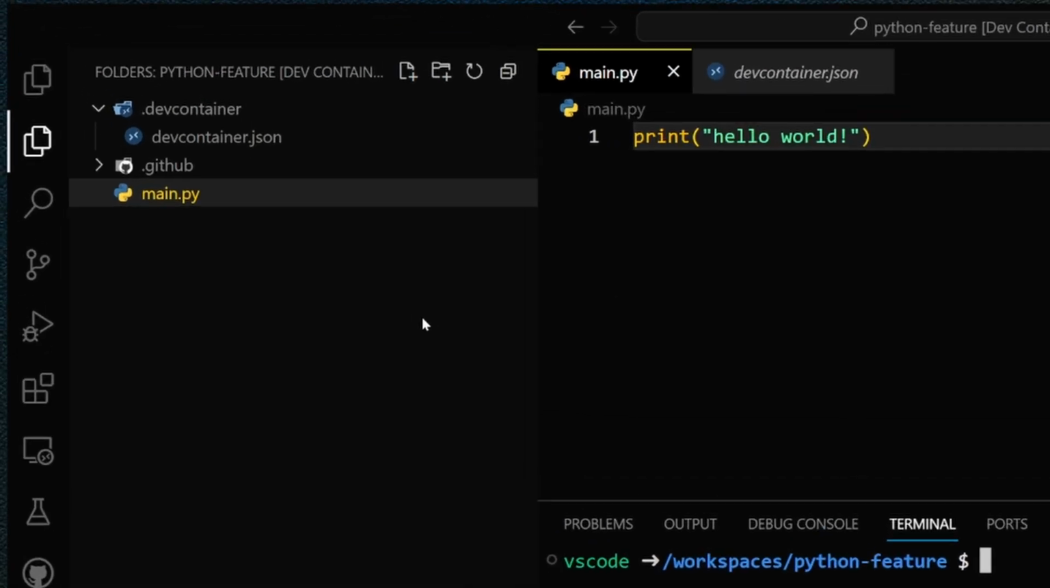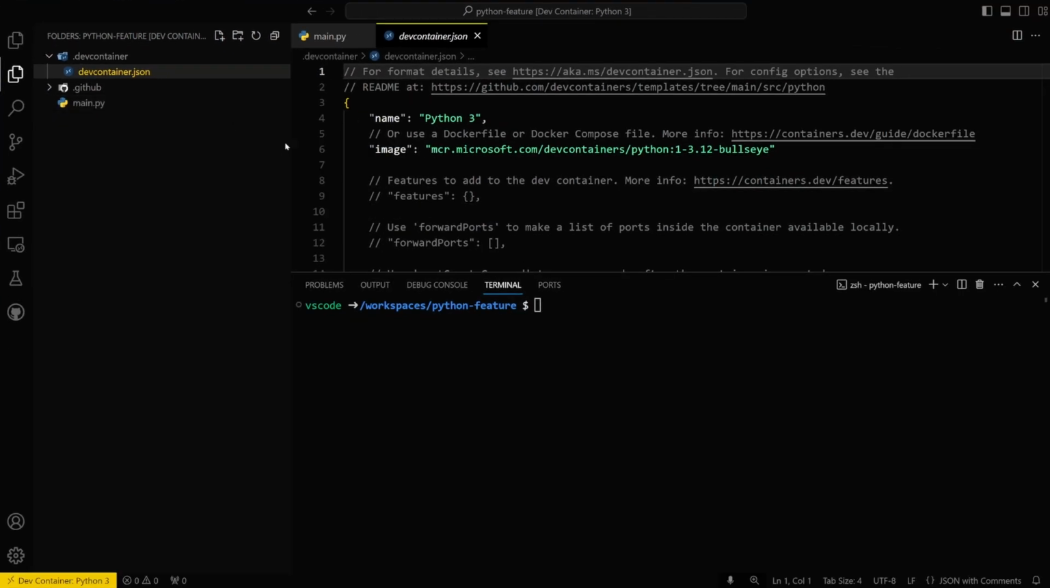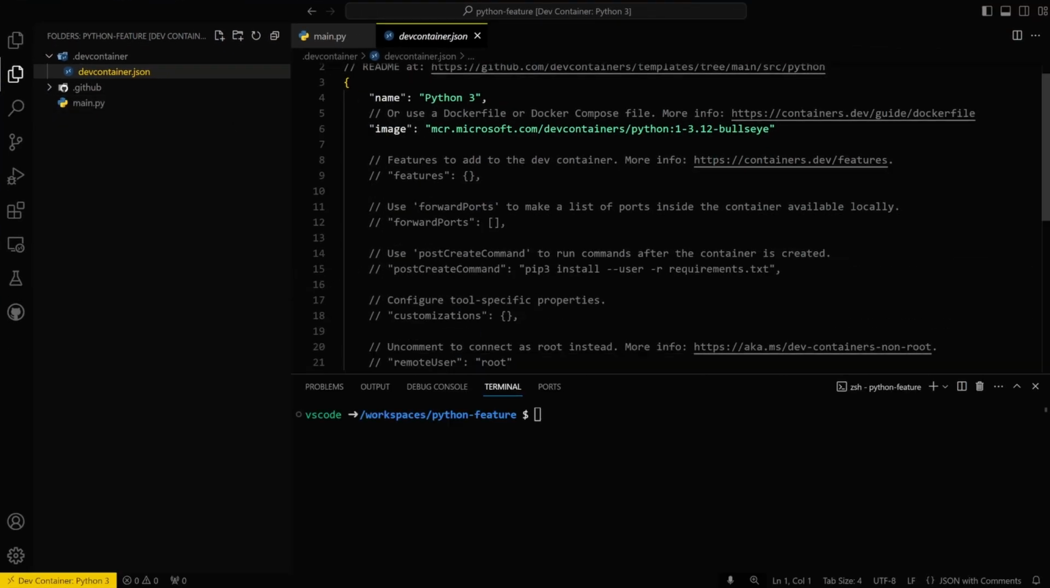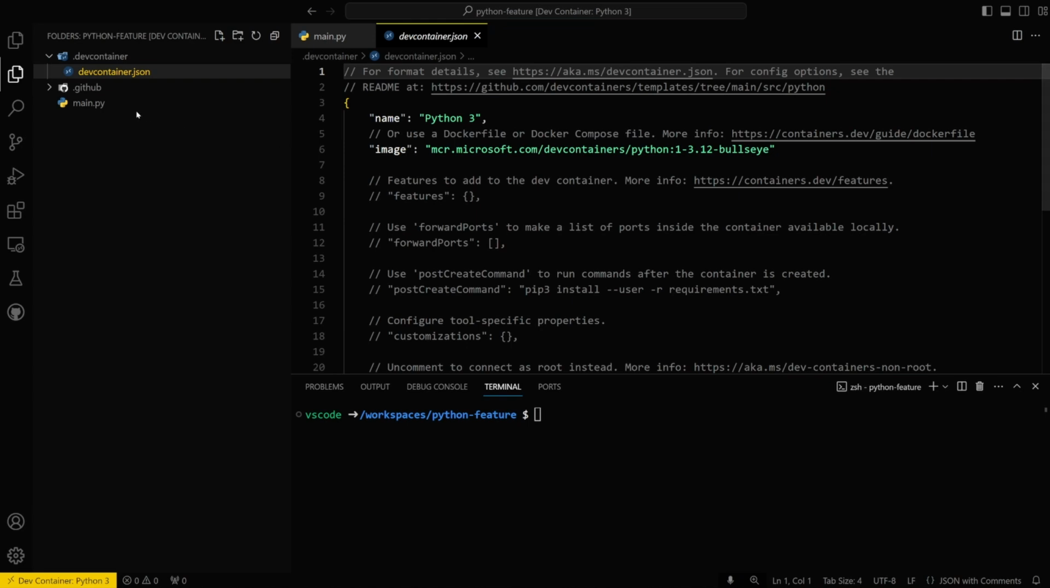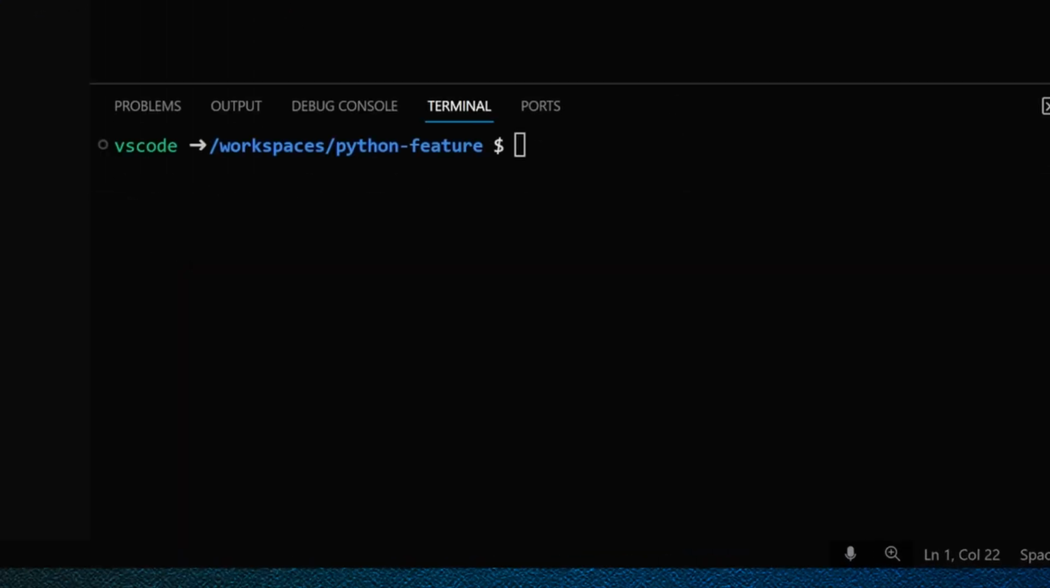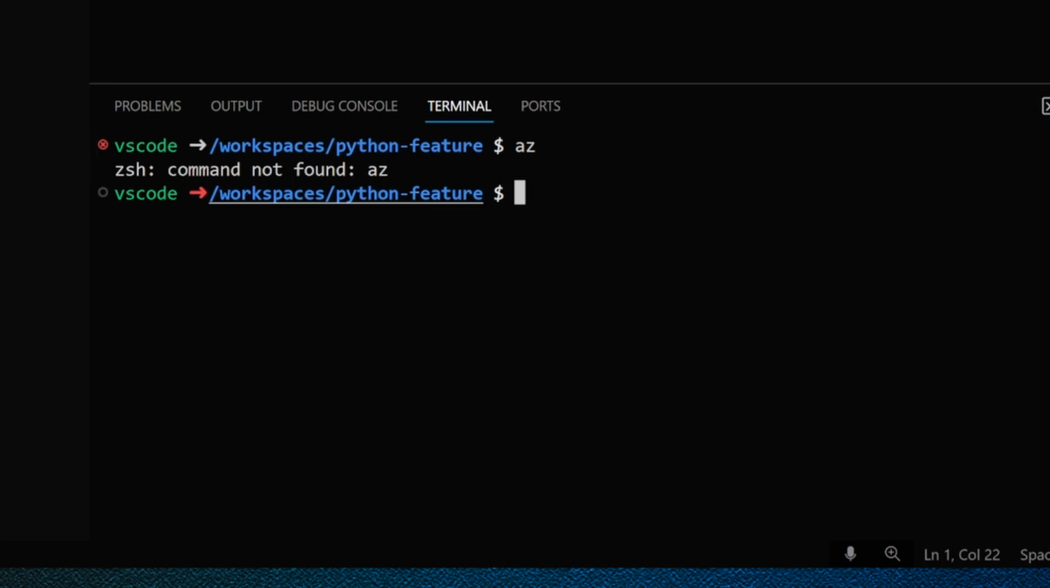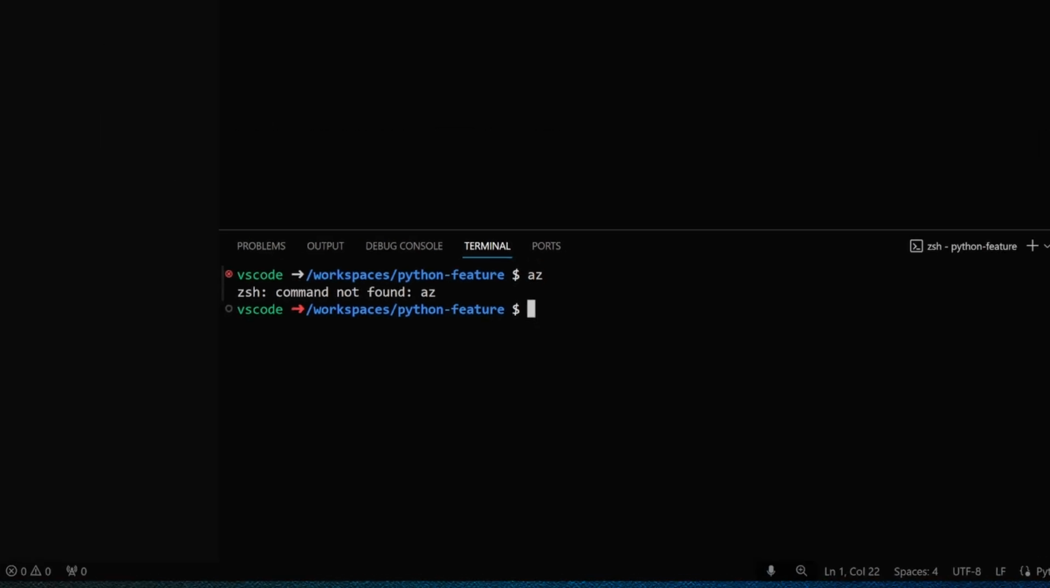Now, in my example, I have a Python project. We see a Python file here. And then I also have a .devcontainer folder and a devcontainer.json file, which is the configuration file for my dev container, right? Now, in my terminal, if I type in, for example, az, which is the Azure CLI, it's not going to work because it's not installed. So we can actually do